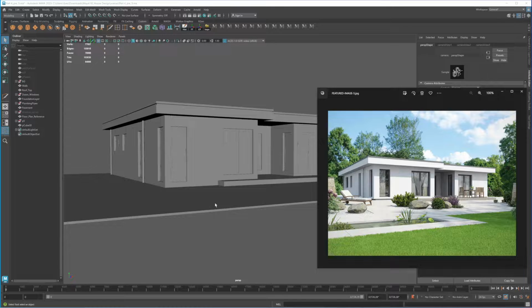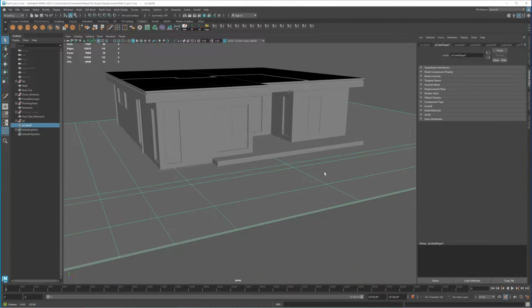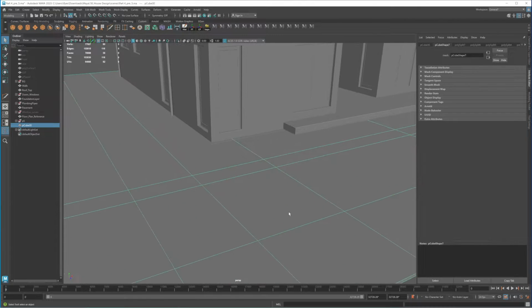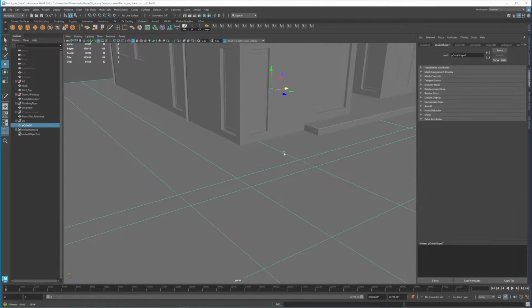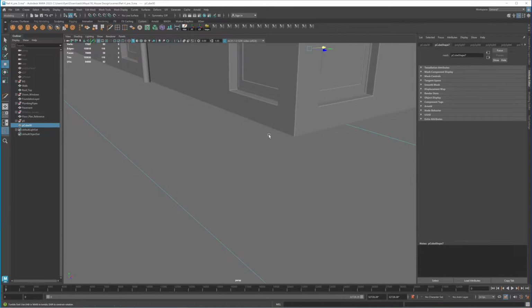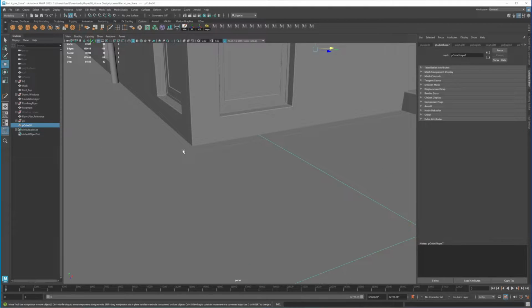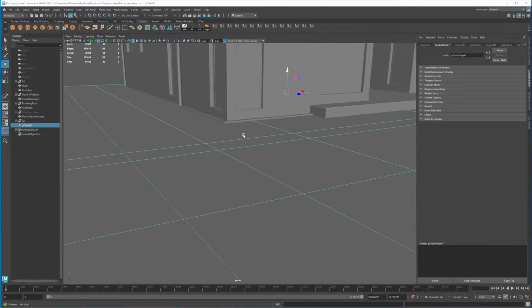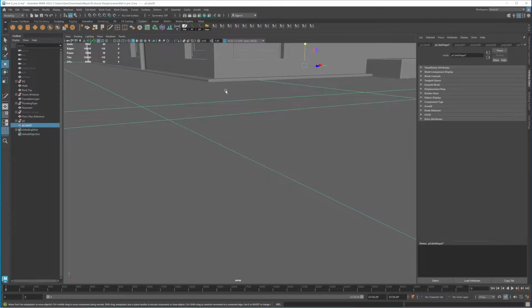This is the plan that I created that I'm going to use for that. I want to bring it down a little bit because I don't want it to cover this, I think this is like a foundation or something like that here. So I want to bring it down slightly like that because I want that to show.